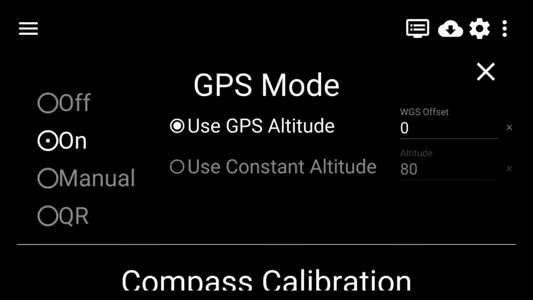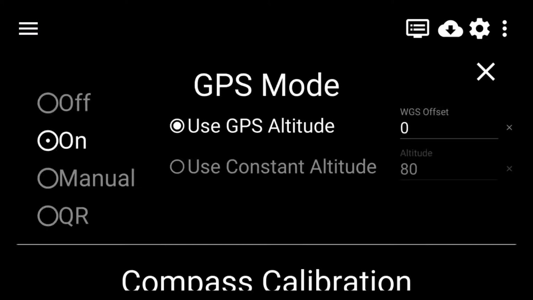One of the other settings in here is this WGS offset over to the right, and what that does is, the output from the GPS receiver on the device is in the WGS ellipsoid for altitude, and typically mines and other altitude measurements are done in mean sea level, which is not the same ellipsoid as WGS. So in other words, you might have a slightly different known altitude at your position than what the GPS is reporting. And you can either calculate this using an online calculator to find what the WGS offset should be for your position, or you can just kind of eyeball it.